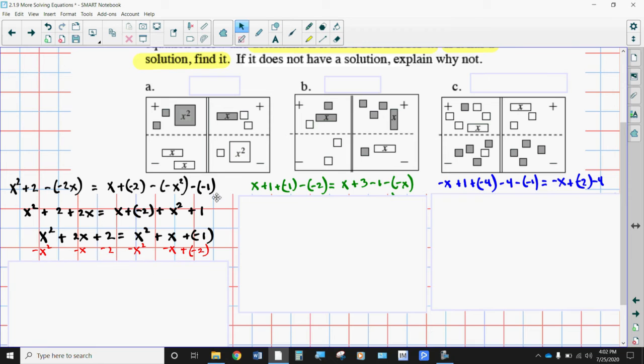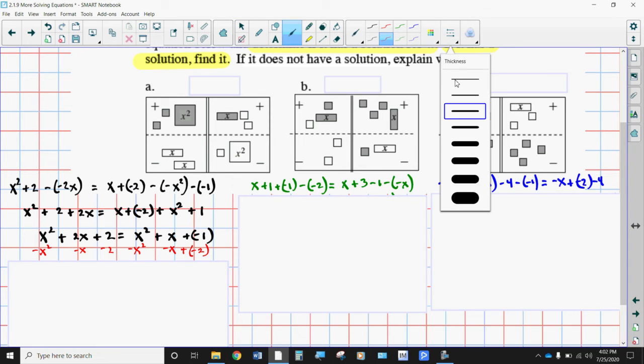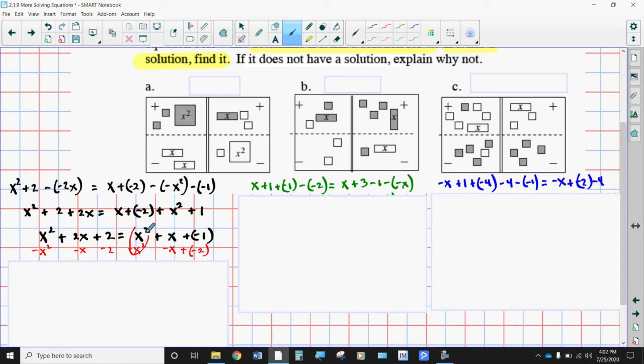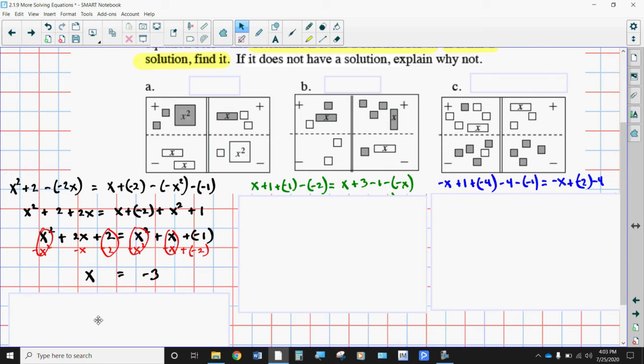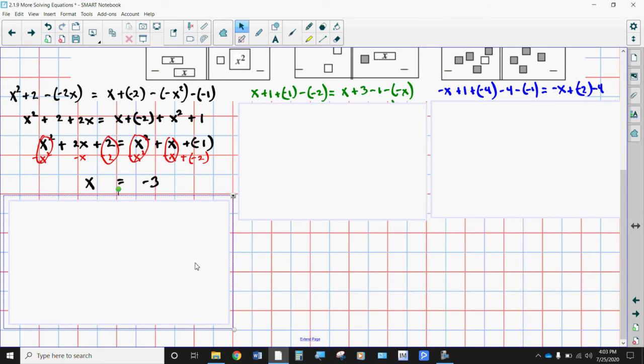And now I did a few things at the same time. Let me show you. We have an x squared on each side that could be taken away. So those are gone now. Then I decided, since we have more x's on this side, I would take this one away and then one of those. And since I'm collecting my x's on the left side, I wanted to cancel that out. So we subtract 2 from each side. And when you subtract 2, that's the same as adding a negative 2. So when all was said and done, we should end up with x is equal to negative 3 as our solution